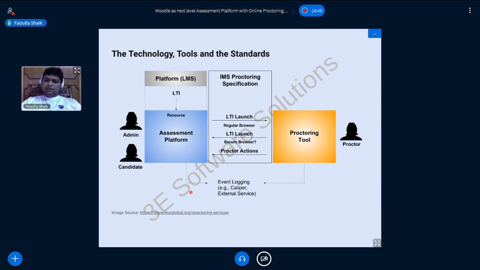Then your learning tools are set to work fully seamlessly with one another. That is in brief how it works. For those who don't know much about LTI, they can visit the LTI specifications on the IMS Global site. As of now, I think LTI version 1.3 is the latest standard.